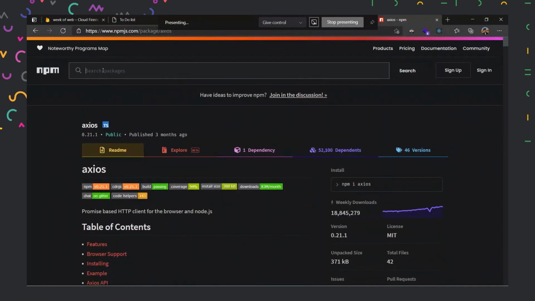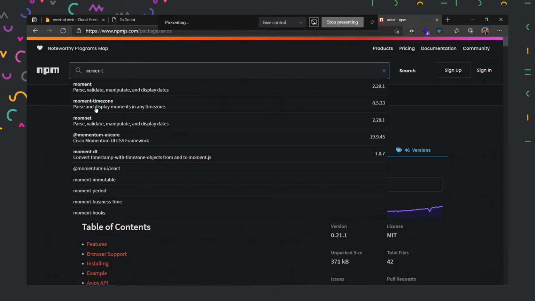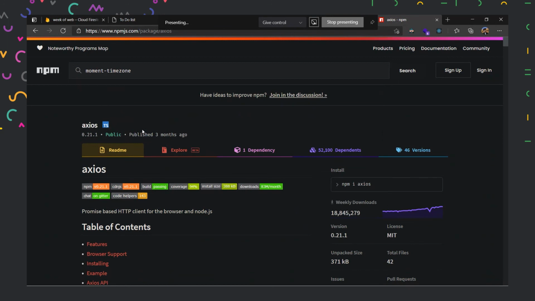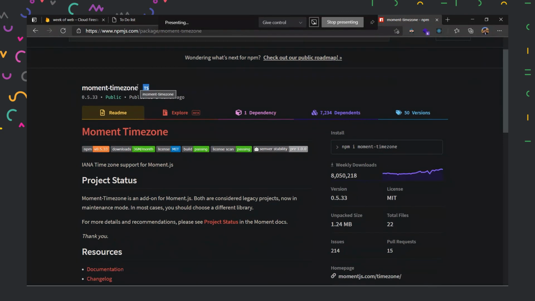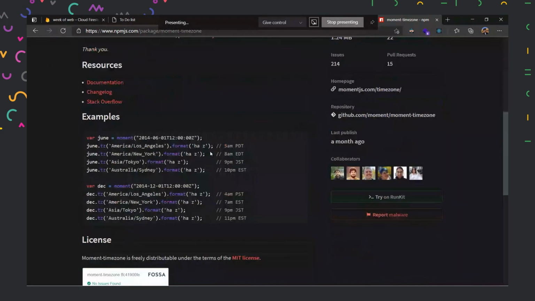Let's say you are doing a lot of time zone manipulations. So we have something called moment, and inside moment we have time zone. Let's say you are writing code for a website. Many people from many countries can use your application, and then the difference of time zone comes in between. So what moment time zone does is it calculates everything for us using some functions it has defined in itself.